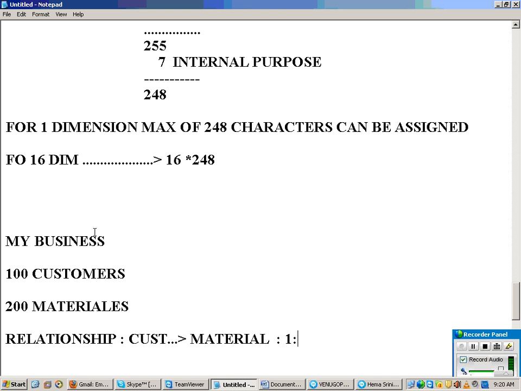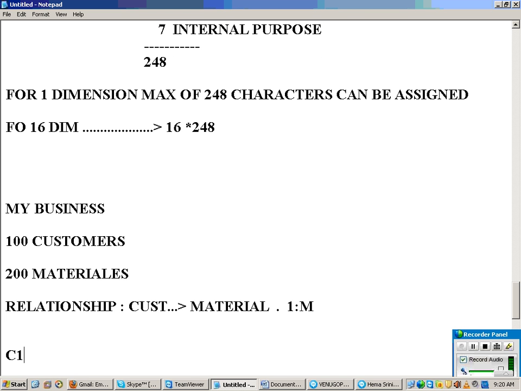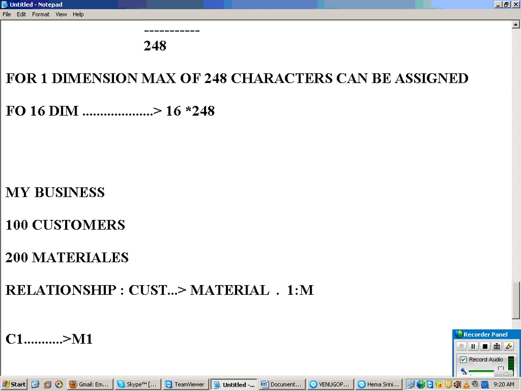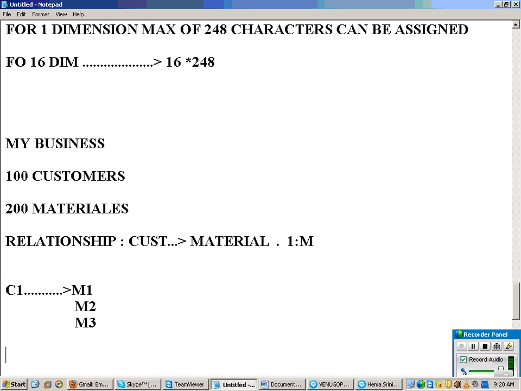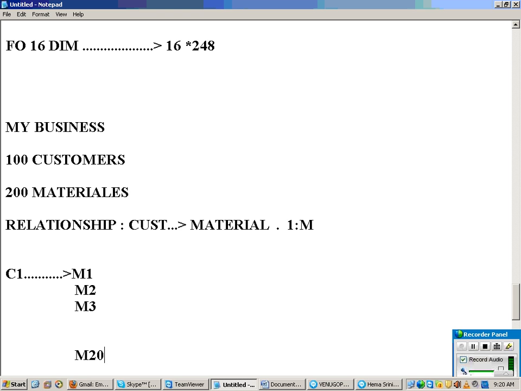So let us say the relationship is 1:m. Now like that, let us say my first customer is buying how many materials now? All the 200 materials. Same way, the second customer is also buying all the materials, like that, all 100 customers are buying all the 200 materials.